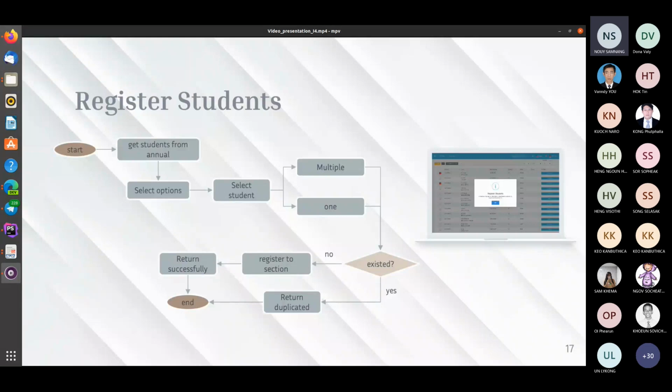Register student. First, we get students from annual. Then the user can select options like semester, academic year, and section that they want to register students to. Then they can select students multiple or one by one. If the student exists, then we return the message duplicated. But if the student does not exist, then we register the student to the section and return the message successfully. Next,